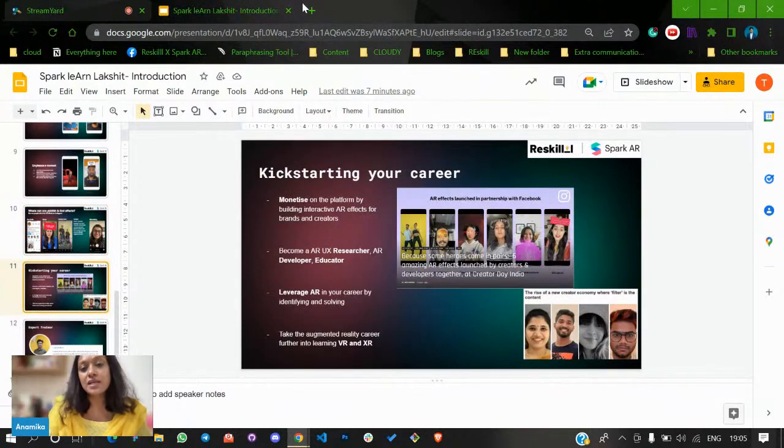Okay, now how do these two workshops help me professionally? There are various ways in which you can use your AR effect to your advantage. You can monetize the platform by building interactive AR effects for brands and creators. You can become an AR UX researcher, developer, educator. You can leverage your AR career by identifying and solving problems. You can take your augmented reality career further into VR and XR. So with so many advantages, both immediate and long term, I'm pretty sure you're going to make the most of